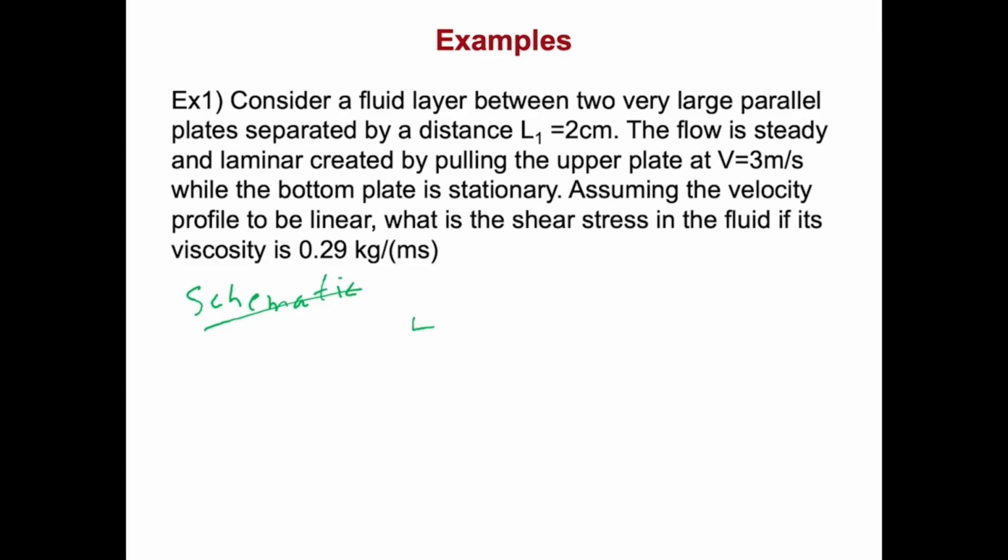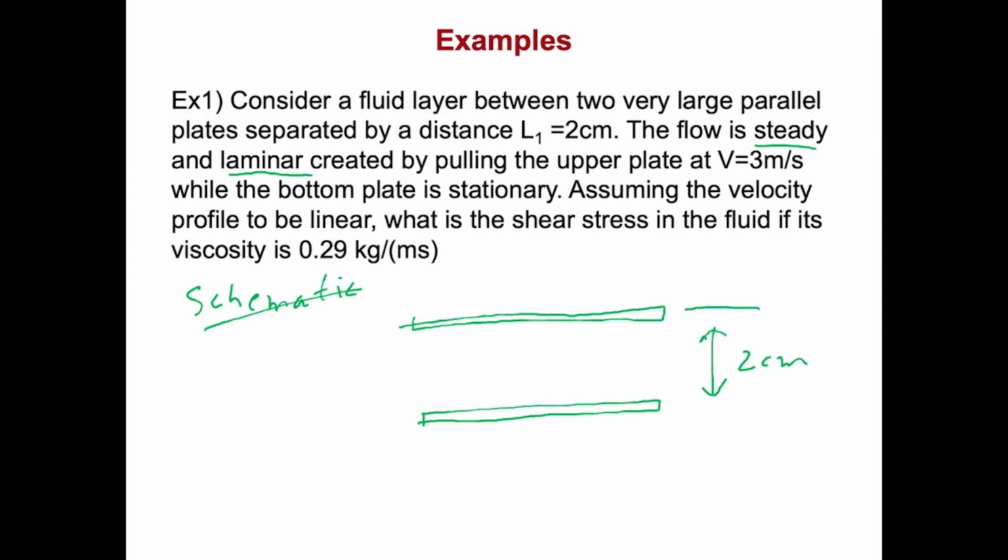So it's saying you have two parallel plates which are infinitely long, right? So we're not concerned about the length. You have two very long parallel plates. They are separated by a certain distance, and this distance is 2 centimeters, right? The flow is steady, so it's not changing with time, and it's laminar, so things are uniform, right? And this flow is created by moving the top plate with a velocity of 3 meters per second, while the bottom plate is stationary, fixed. So its velocity is 0,